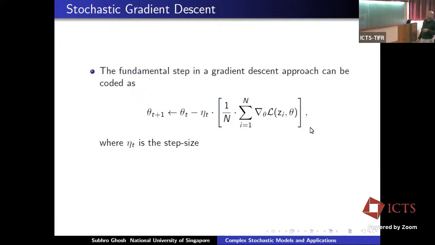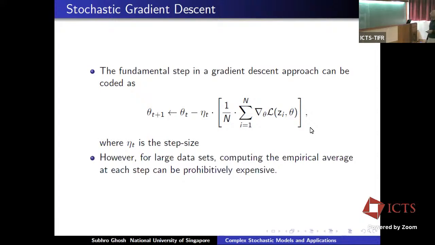You want to do gradient flow there, which is just flowing along the slope in that landscape. But you do not know what the actual gradient is. So you estimate the actual gradient by averaging over the data points that you are given. And then this changes the parameter. If you are at theta t, you flow along the gradient with step size eta t. Then you get to your next point in the iteration of gradient descent and you continue. This is a very popular procedure in optimization. But the point is that